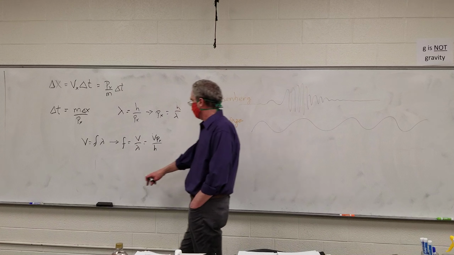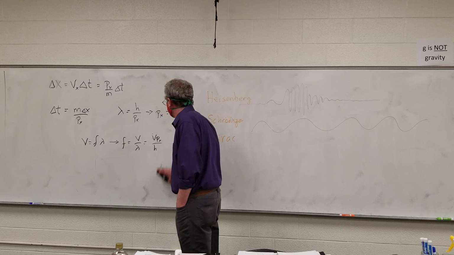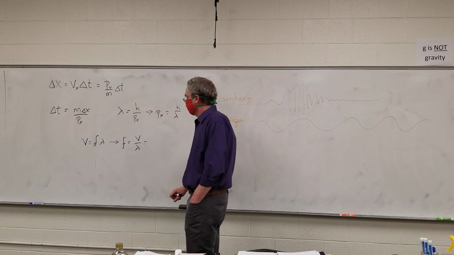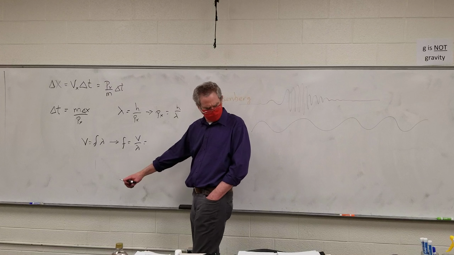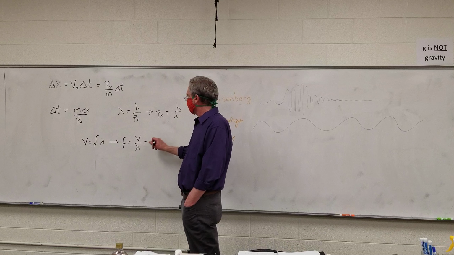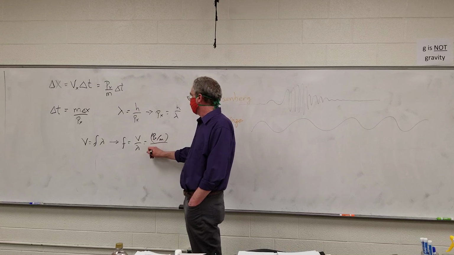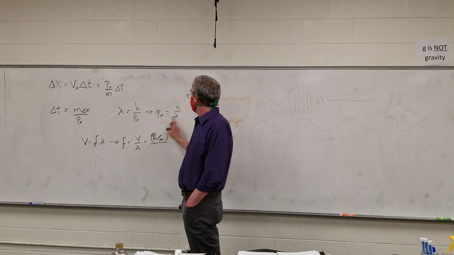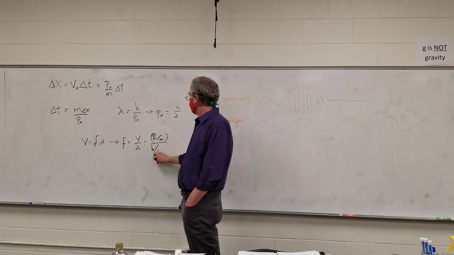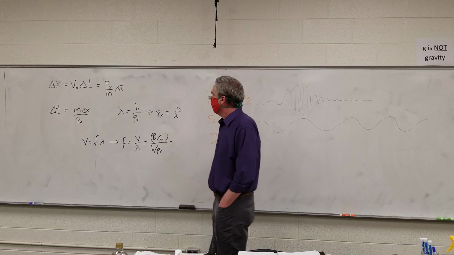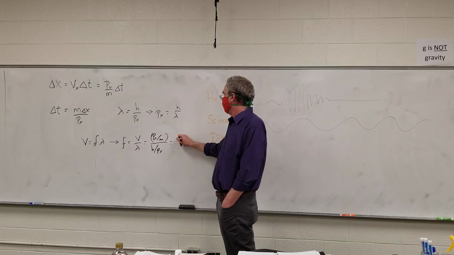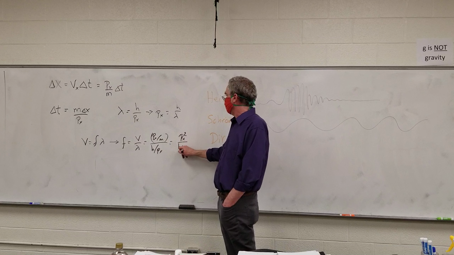To do that slightly differently, the momentum divided by the mass over the wavelength, which is h over 2x. And so we have a frequency here of px squared over hm.